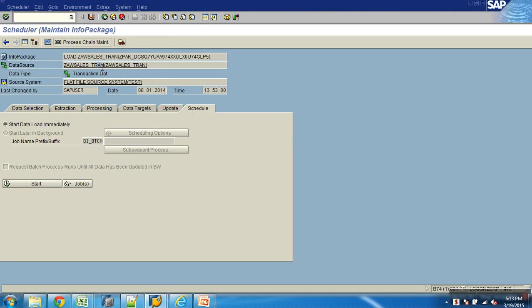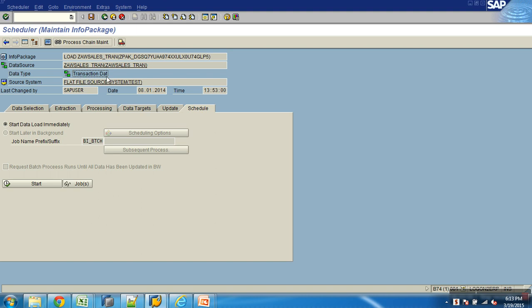Now which data source, you get to see the name of the data source here. The data source name is ZAW sales trans. So this info package is based on this data source. And what type of data is it extracting? Transaction data. How does it know it is transaction data? While creating info package, I never specified that I am extracting transaction data, but while creating the data source, you had specified the type of data source as transaction data.